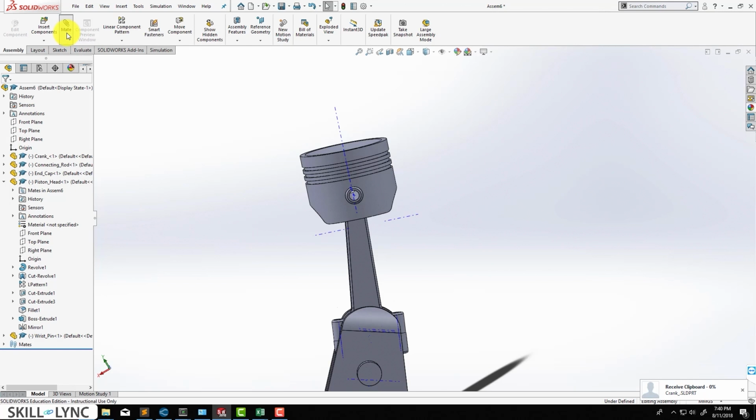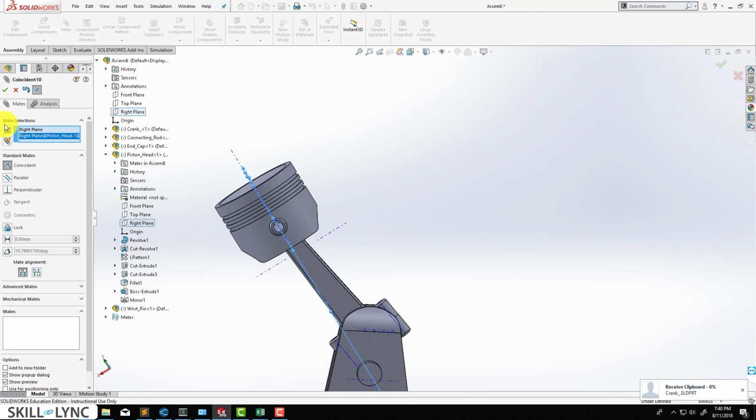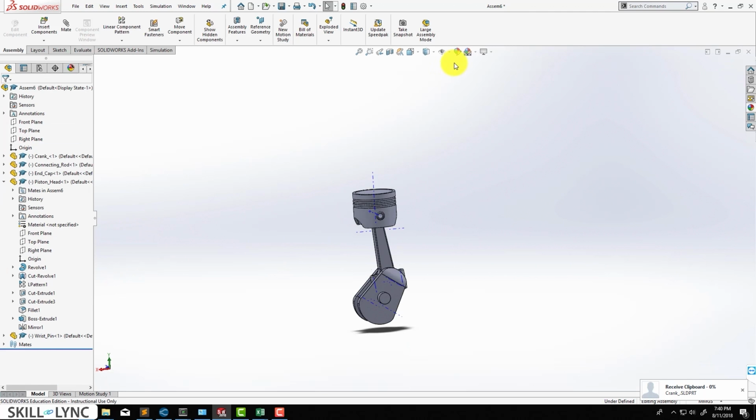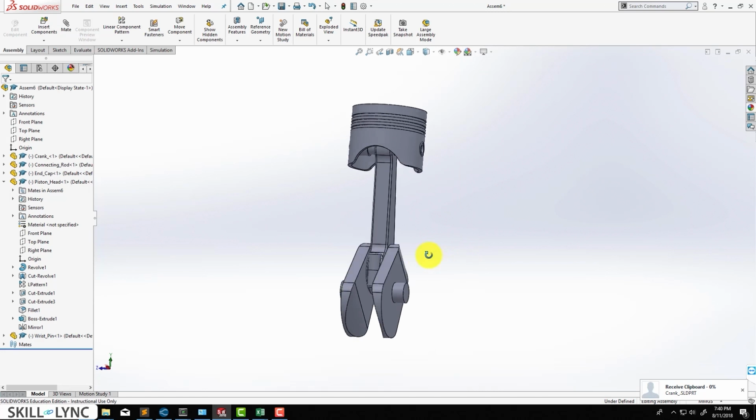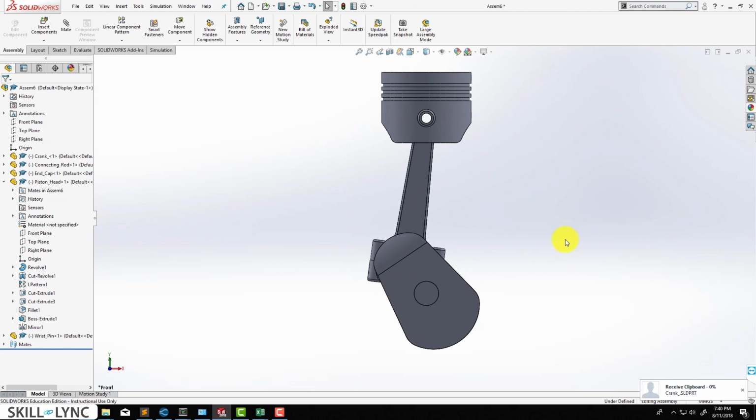If you don't want to do this, the other thing you can do is click on mates and then click on the right plane of the assembly and the right plane of the piston, right? Both these options are valid, and then click on OK. Now our assembly is kind of complete, so let's hide the temporary axis, and if we look at this from the front plane, you can see that everything looks correct. So now you should be able to select the crank, and if you manually rotate it, the piston should move in the desired direction,